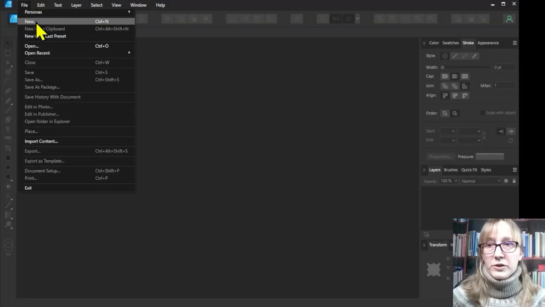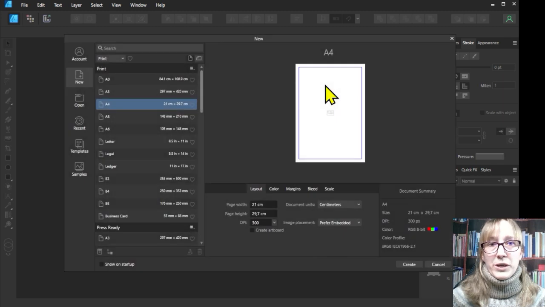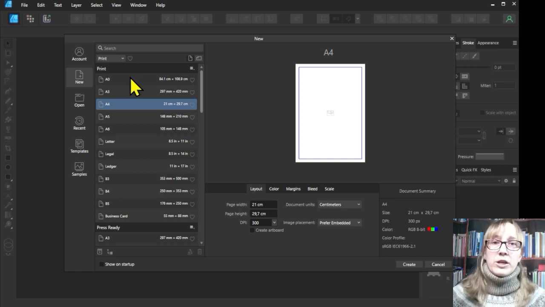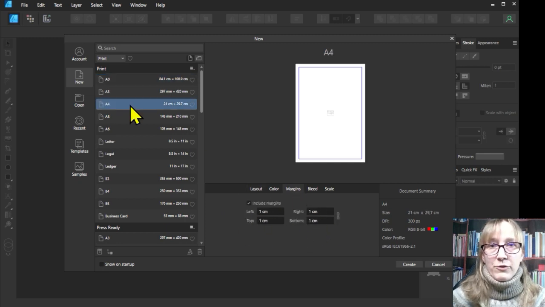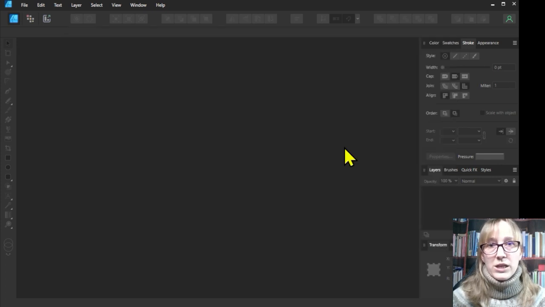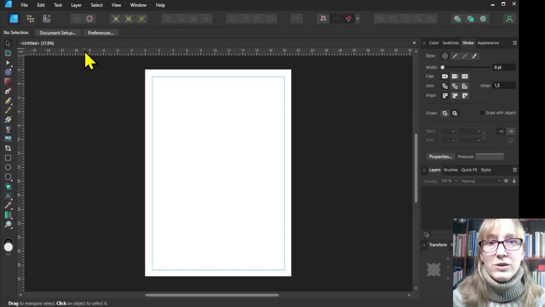With File New, you choose which template you want to create, A4 or A0. If you don't have these templates yet, have a look at the video basic, where I show you how to create the size templates. I recommend opening it with a margin. For A0 I usually make 2.5 centimeters and for A4 1 centimeter, but that is up to you. I now take A4 as a template and create the file.